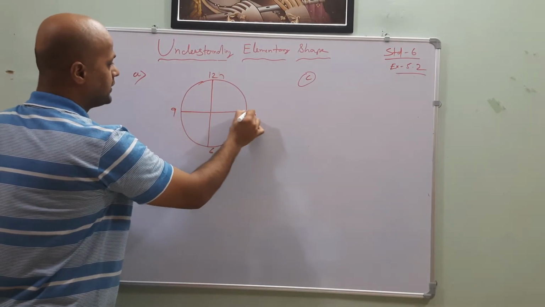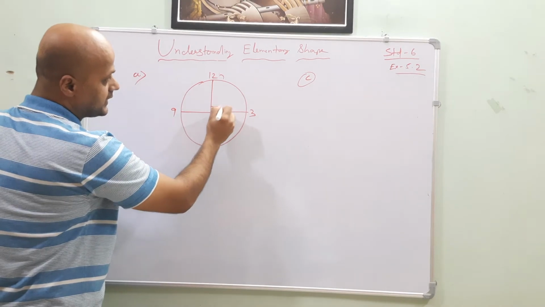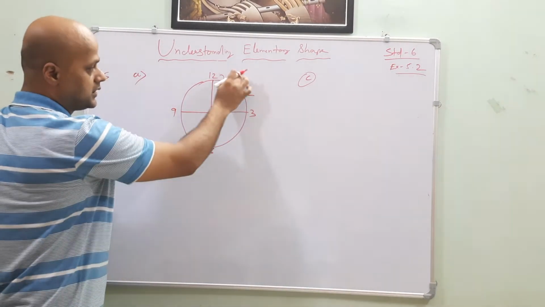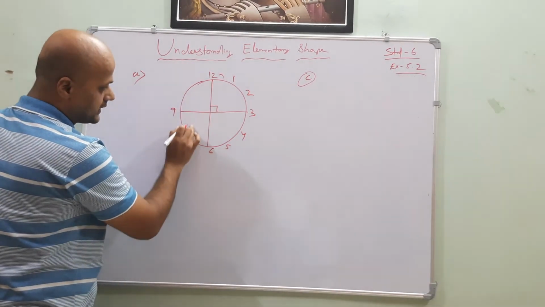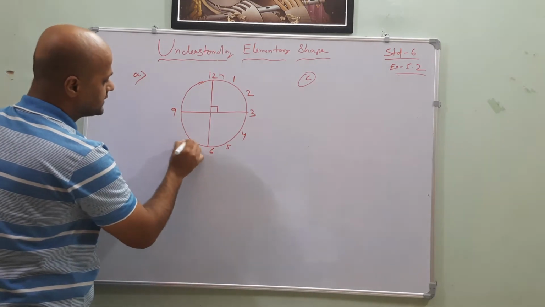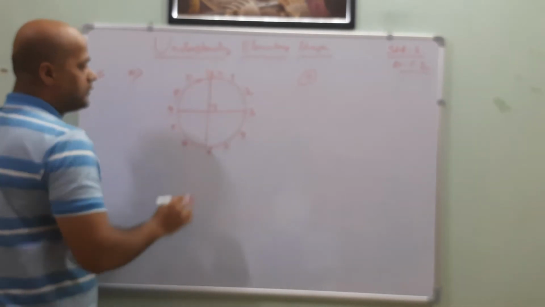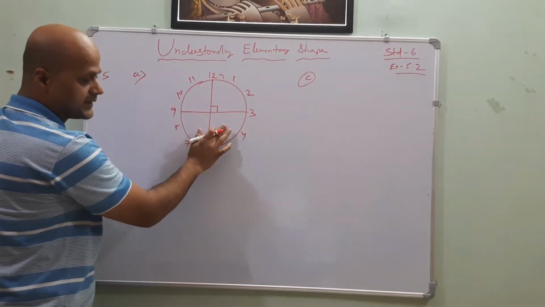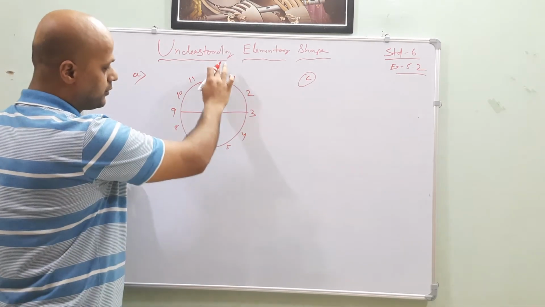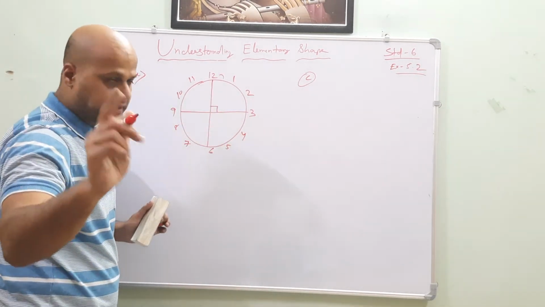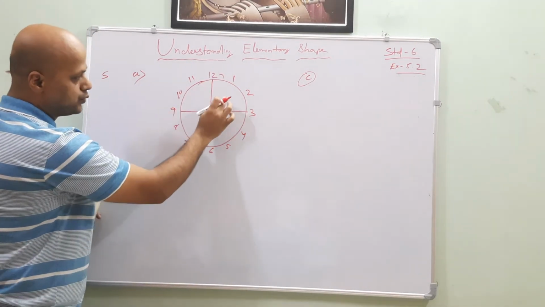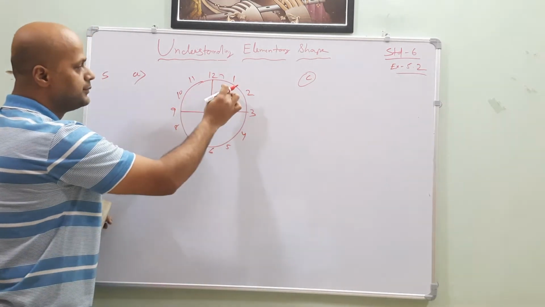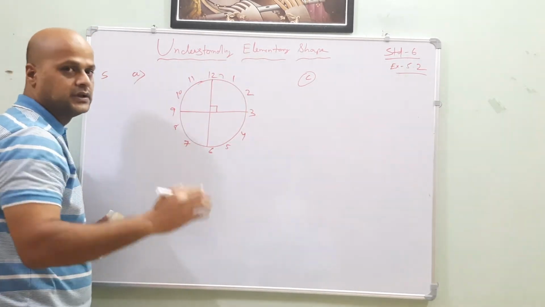Yes or no? Now remember that each right angle contains 2 hours. 1, 2. Each right angle contains 2 hours. This part also contains 2 parts, 7 and 8. This right angle also contains 2 hours, which creates 90 degrees. This is 90, this is 90, this is 90, this is 90. If I say from 12 to 3, it is 1 right angle. 12 to 6, 2 right angles. 12 to 9, 1, 2, 3, 3 right angles. And complete means starting from 12 and coming back to 12, which is 4 right angles.